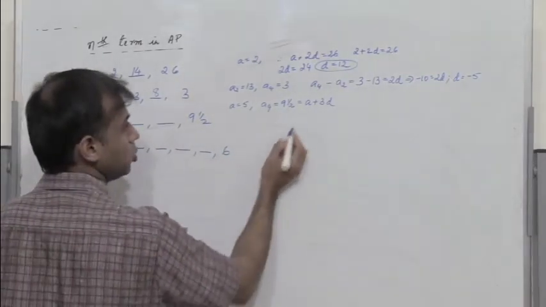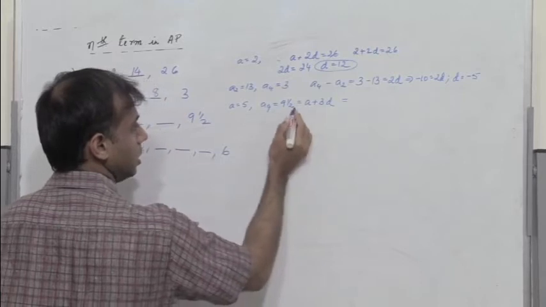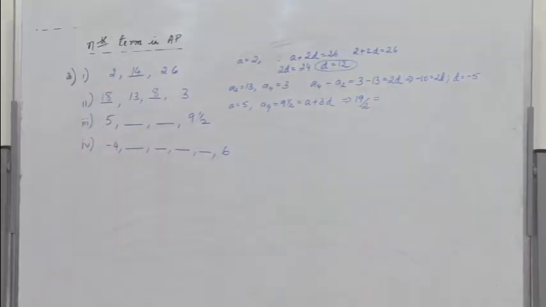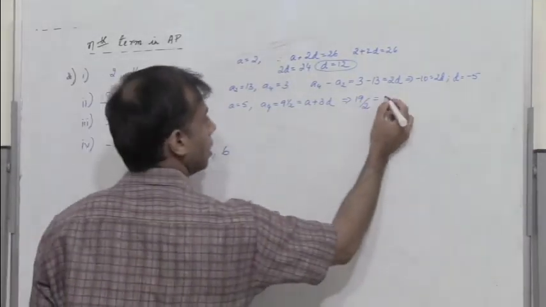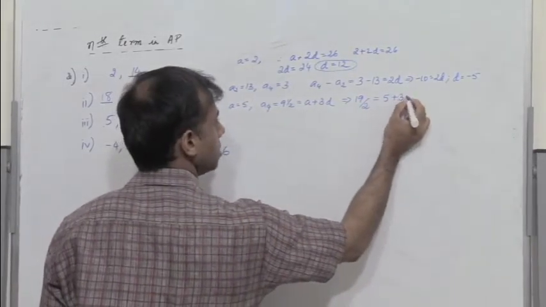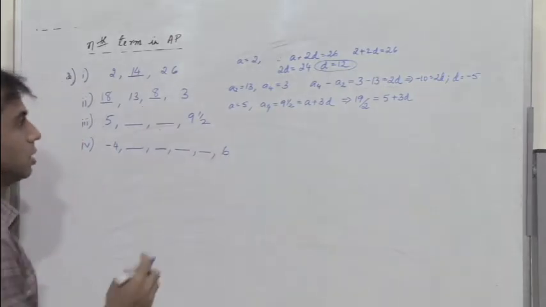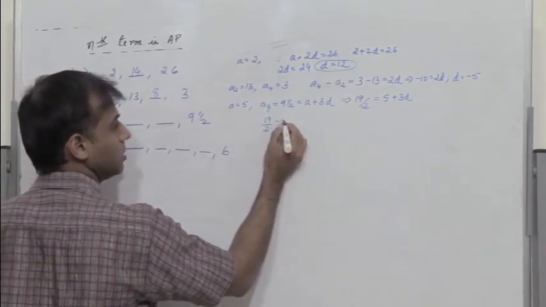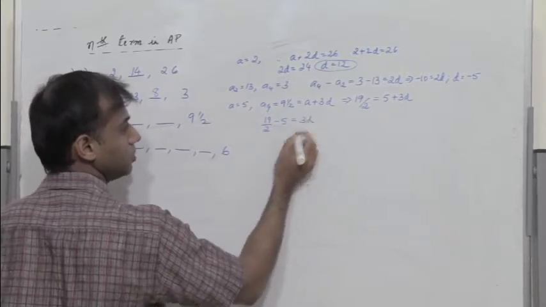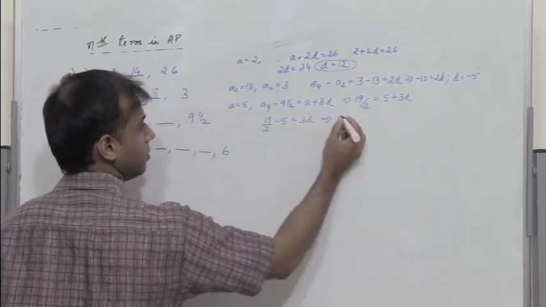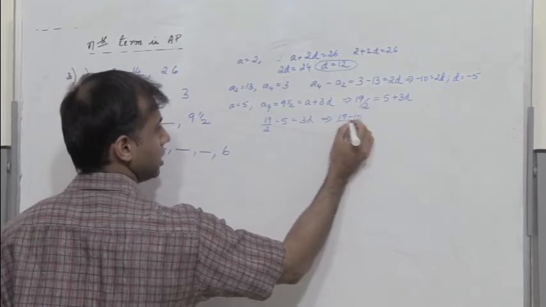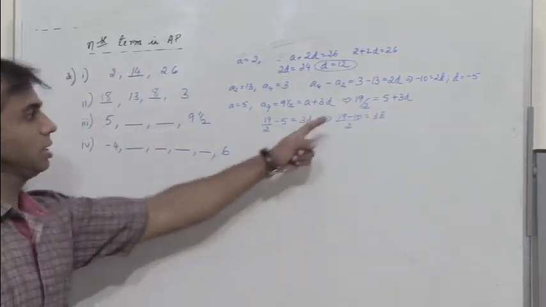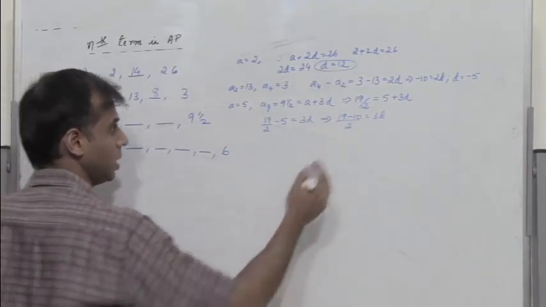So 9.5 is nothing but 19 by 2. This implies 19 by 2 equals A, which is 5, plus 3D. So we have 19 by 2 minus 5 equals 3D. So this implies I have 19 minus 10, if I take the LCM by 2, equals 3D. So 19 minus 10 is 9. So I have 9 by 2